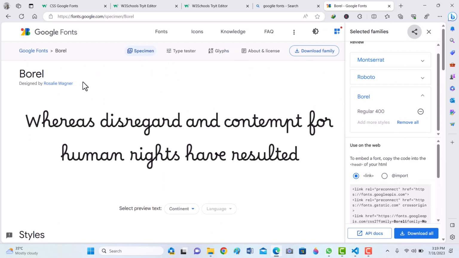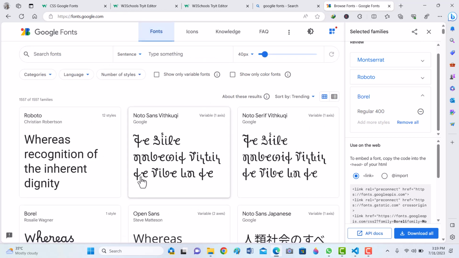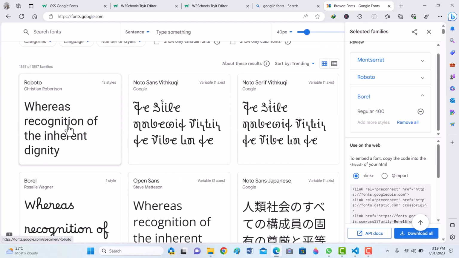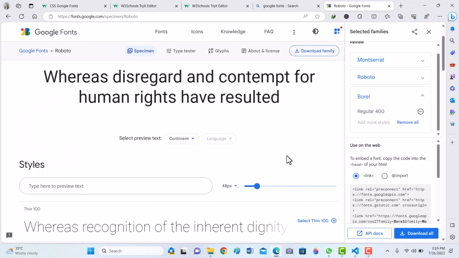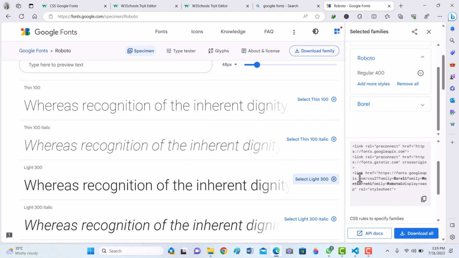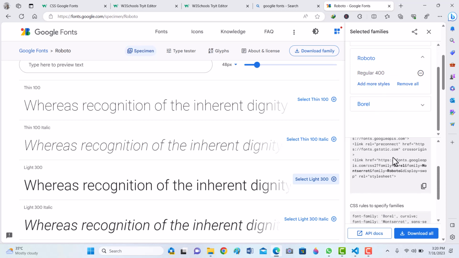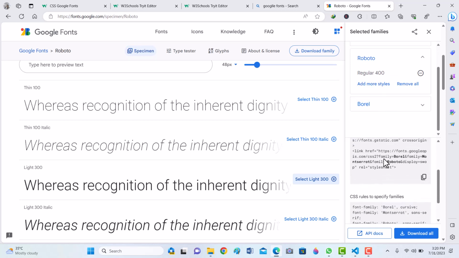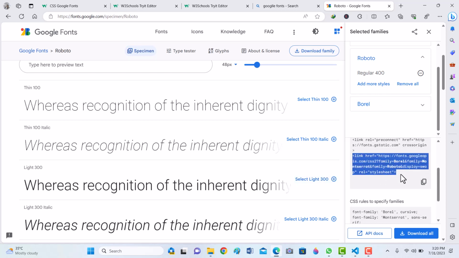Again, we'll design our body with Roboto. So Roboto 300, select this font. Now all is selected here: Roboto and Borel. So we have to use this link. Copy this link and use it